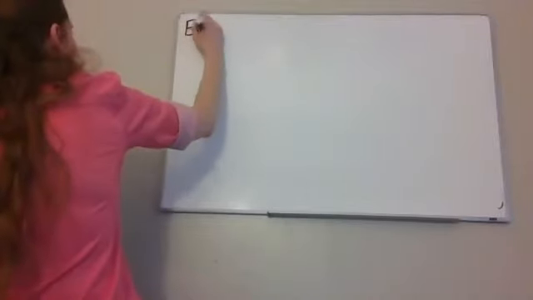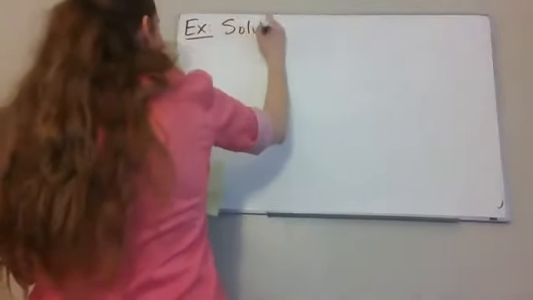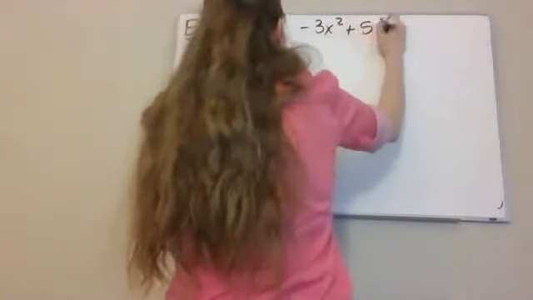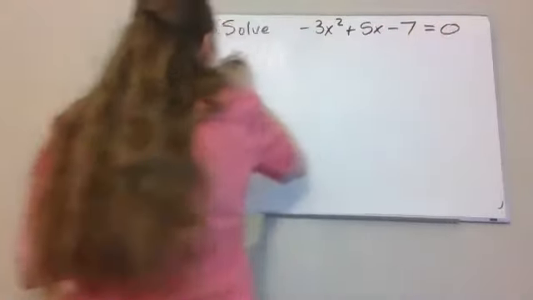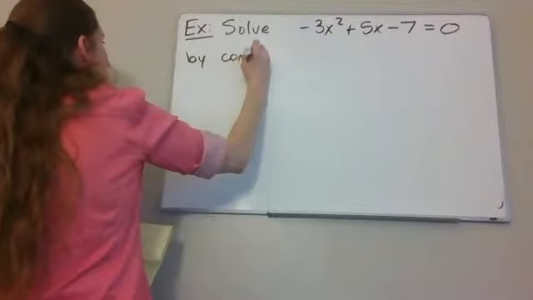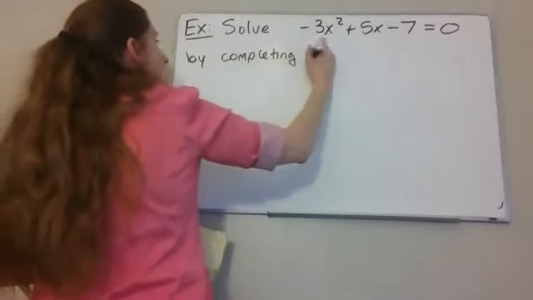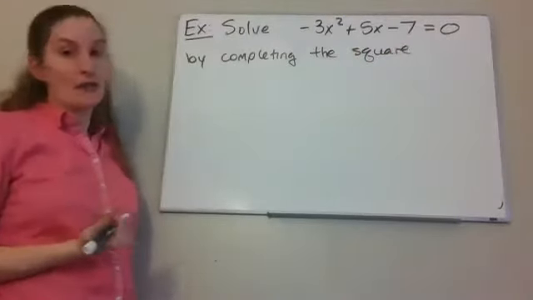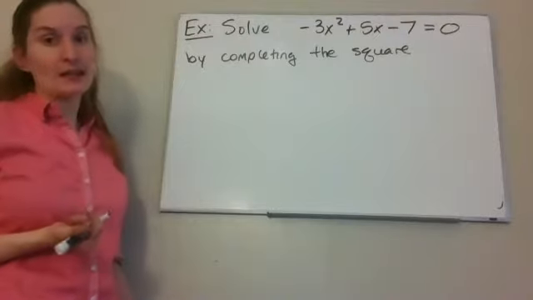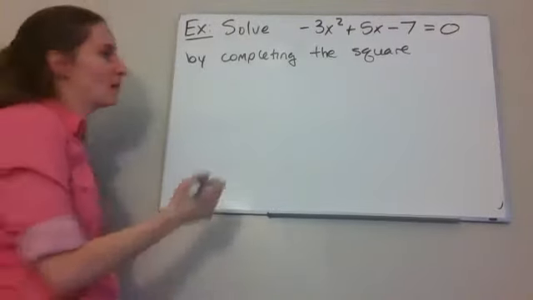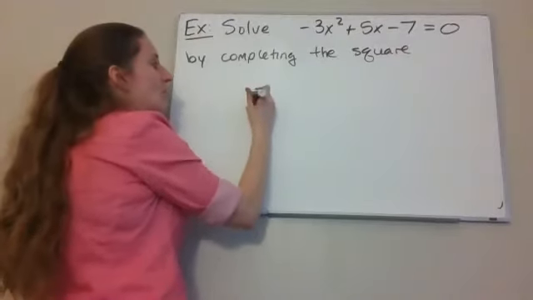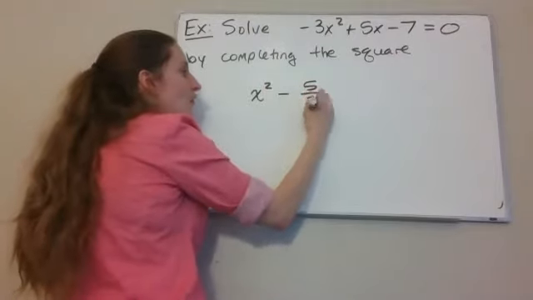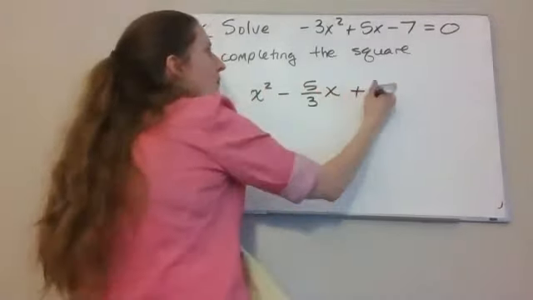So, example, let's solve negative 3x squared plus 5x minus 7 equals 0 by completing the square. Now remember, the first step is to divide everything by a. This time my a is negative 3, so I actually have to do this step. When I divide everything in my equation by negative 3, I get x squared minus 5 over 3x plus 7